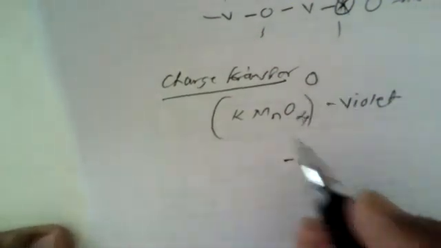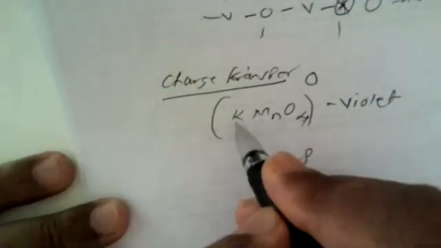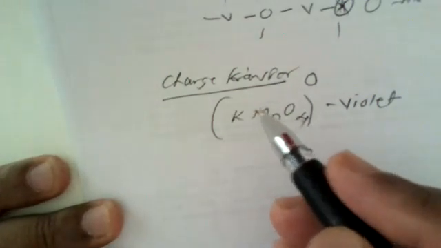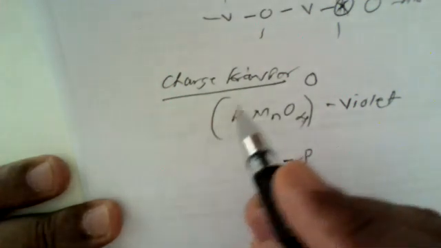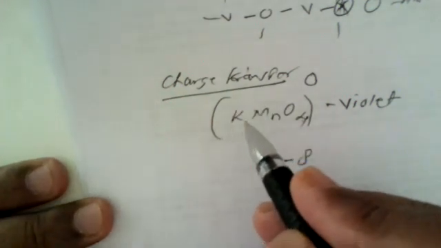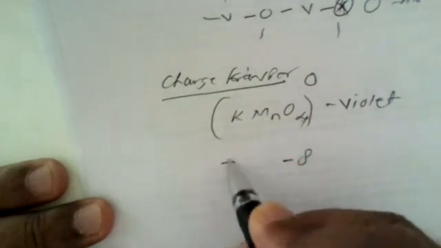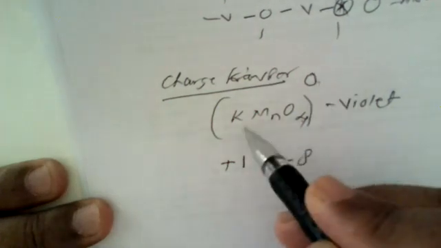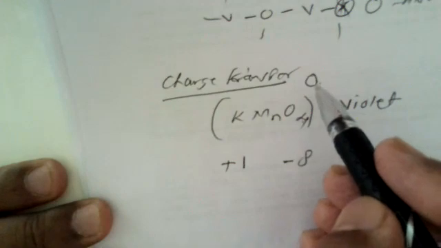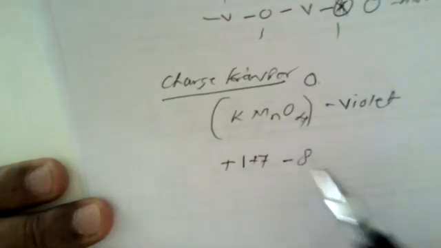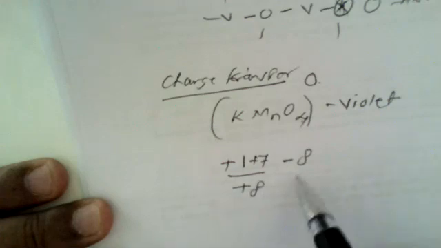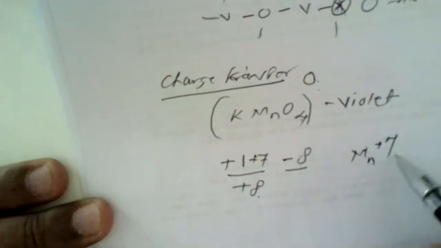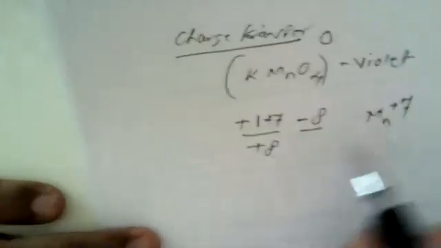Now potassium is an alkali metal. For an element present in a particular group, the group valence is attributed. So potassium, being present in group 1A, has a group valence of +1. Now we have to arrive at a zero oxidation state for KMnO4. So to arrive at a zero oxidation state, manganese must be in +7 oxidation state. So this is +8, -8, 0. That means in potassium permanganate, manganese is in +7 oxidation state.